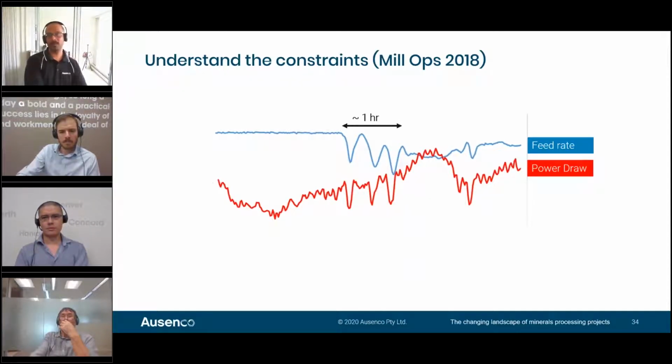The obvious one is, okay, can we go back to the mine schedule and quantify when this parcel of high SG ore is coming through? But the immediate solution we found was